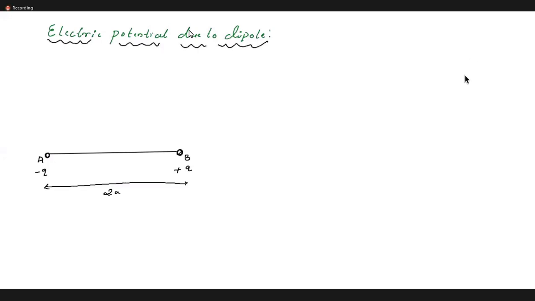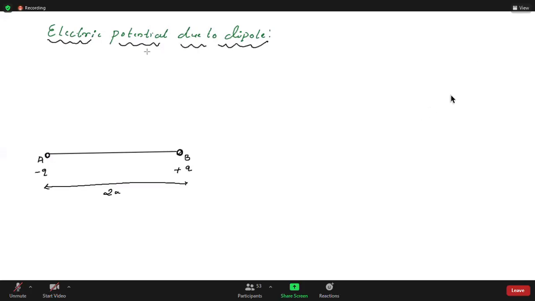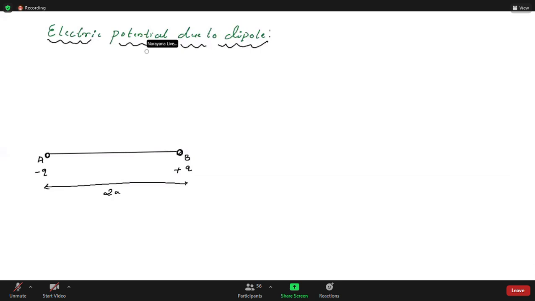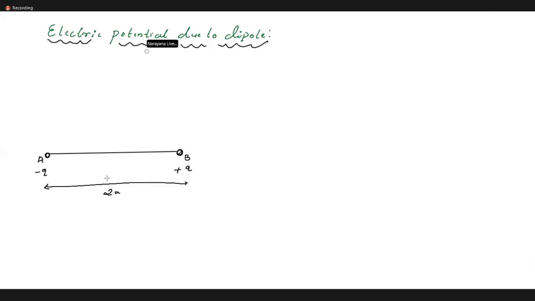A pair of equal and opposite charges which are separated by a small distance. Very good. A pair of equal and opposite charges separated by some distance 2a. Let me take here 2a. So I have taken here plus q and minus q. Those two are two equal and opposite charges which are separated by the distance 2a, right? So at a point P, let me write as a